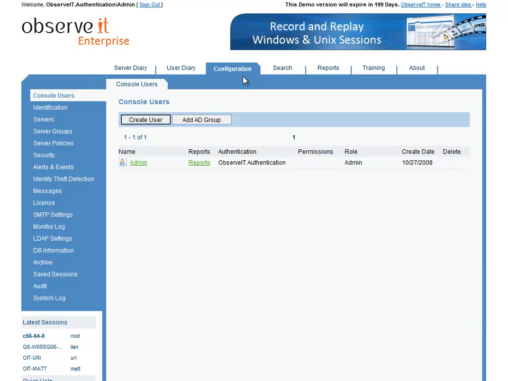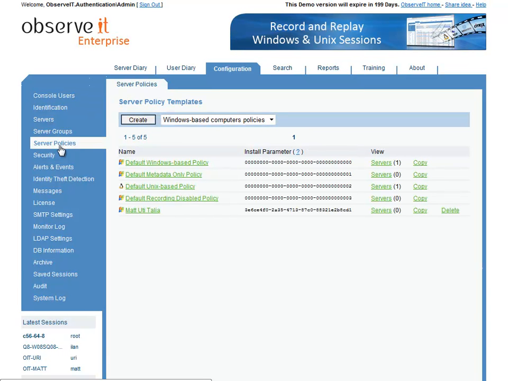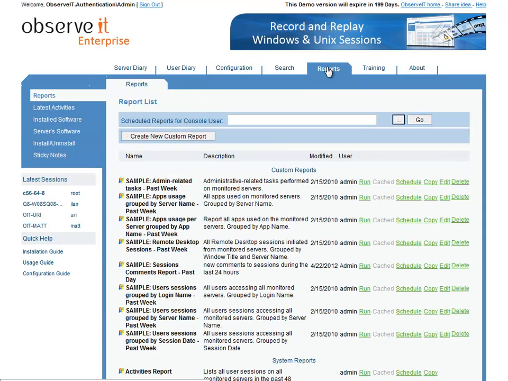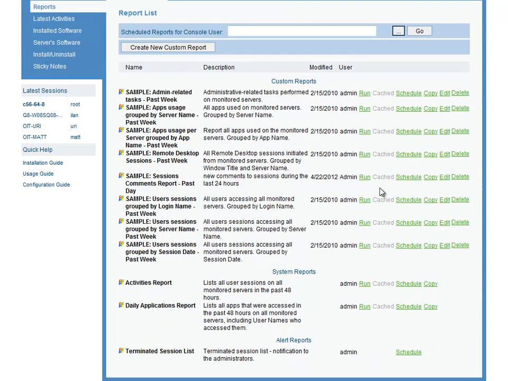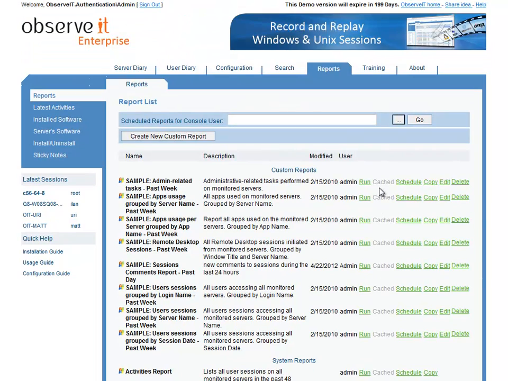ObserveIT provides configuration options which allow the system administrator to define policies and policy rules which customize which servers, which users, and/or which applications are recorded and which are not. ObserveIT also provides comprehensive reporting for both pre-scheduled and ad hoc reports that make easy work of monitoring third-party vendors and which also save a tremendous amount of time and resources for the audit process for PCI and other data